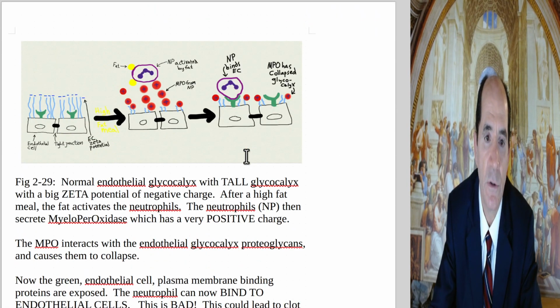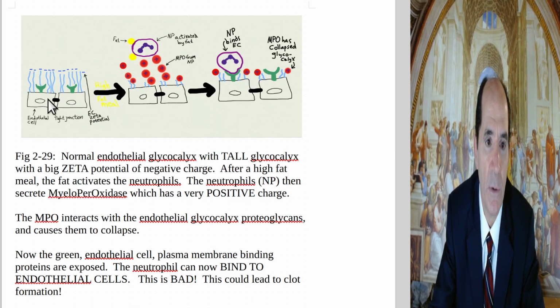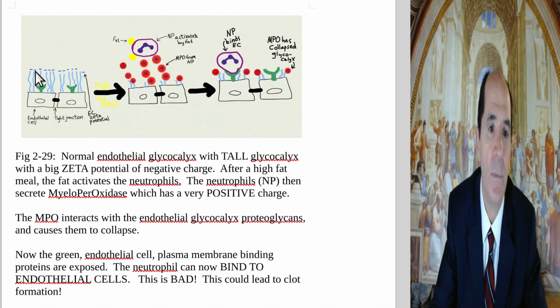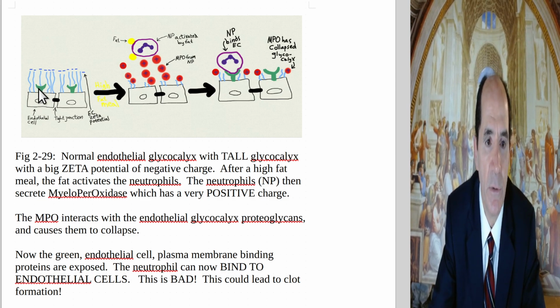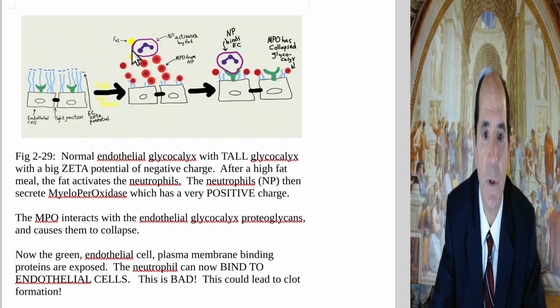So this next illustration shows that. So here is a normal endothelial cell, 600 nanometer high glycocalyx. Glyco means sugar, calyx means coating. And it's sort of like treetops sticking up over a hill if you were flying a helicopter and looking down at it. And these little curvilinear things here, the green things, those are the adhesin molecules, something like VCAM, vascular cell adhesion molecule. So when a neutrophil is activated, which it becomes when you eat a high-fat meal,